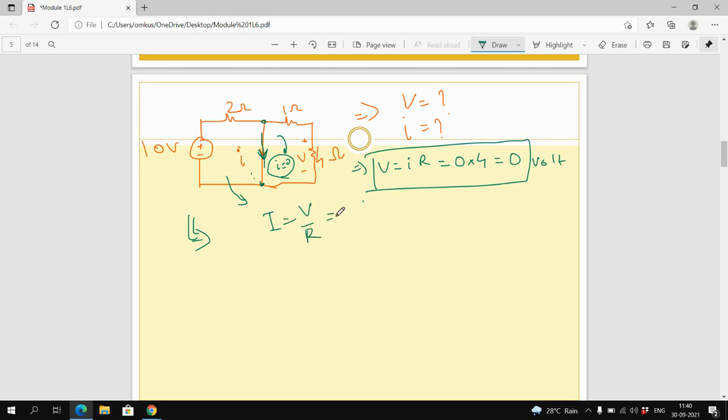So what is the voltage? Voltage is 10 volt. And what is the R? R equivalent is, see, this is a short circuit, so this whole branch